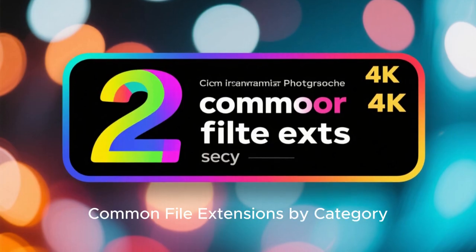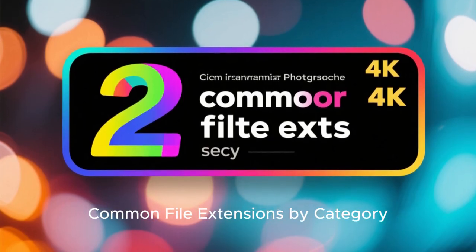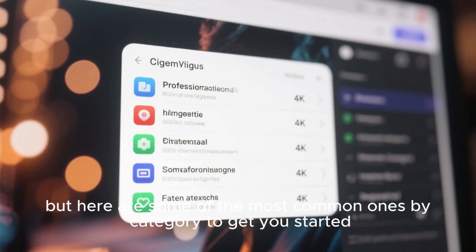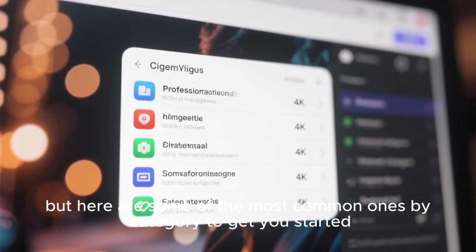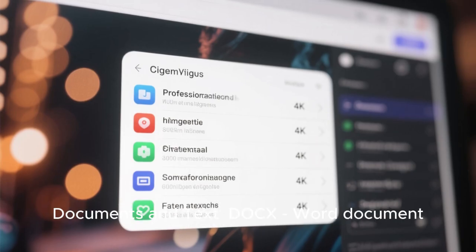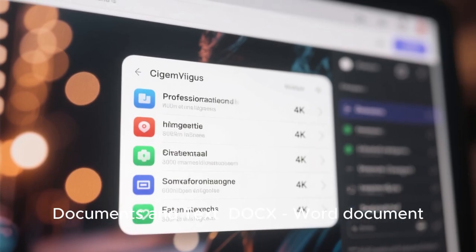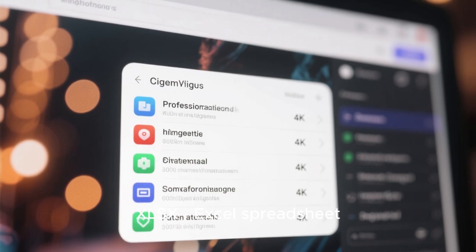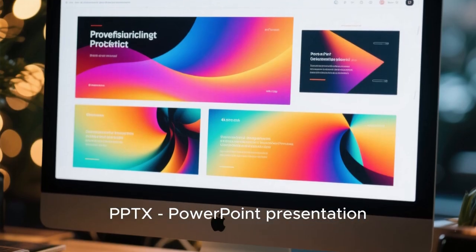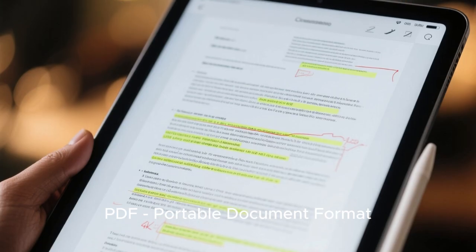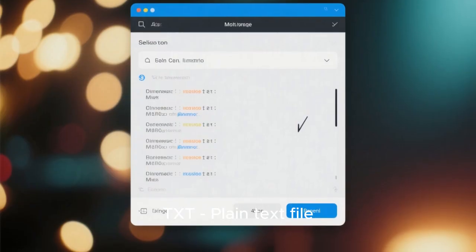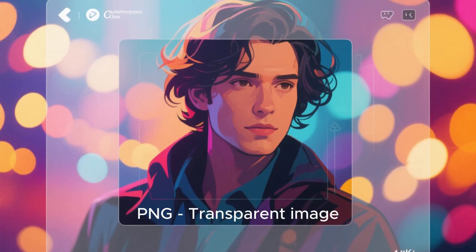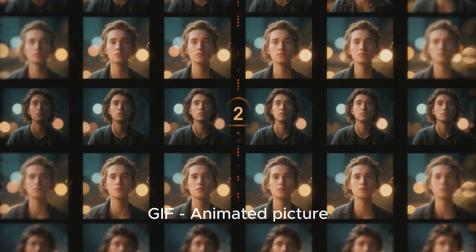Part 3. Common file extensions by category. There are thousands of different file extensions out there, but here are some of the most common ones by category to get you started. Documents and text: docx, Word document; XLSX, Excel spreadsheet; PPTX, PowerPoint presentation; PDF, portable document format; TXT, plain text file. Images: JPG, photo; PNG, transparent image; GIF, animated picture;